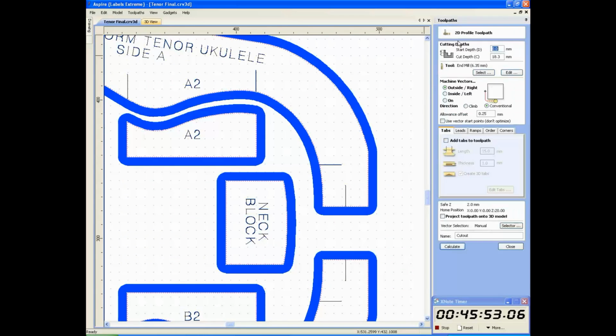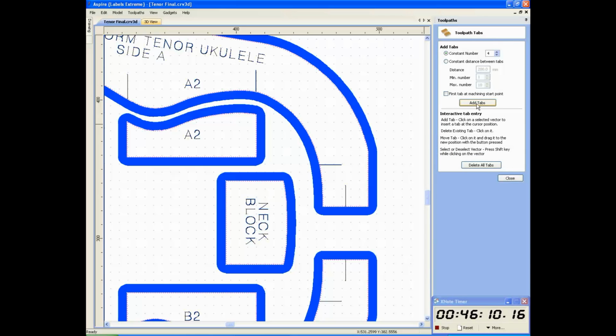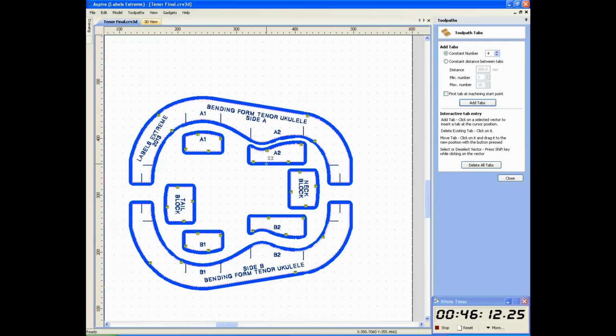So I'll come up here, we'll call it roughing. I want to add some tabs, 15mm long, 1mm thick. Edit tabs, add some tabs, and you can see it's put in T for tab. So what that'll do is when it gets to that point, the tool will lift